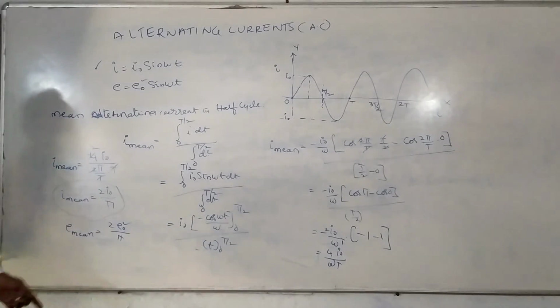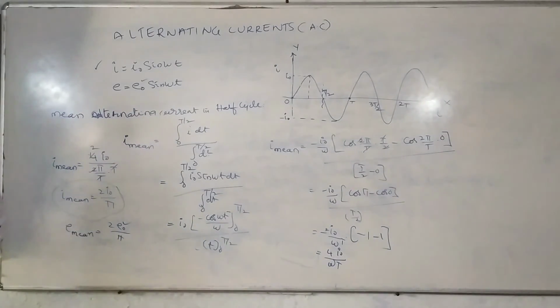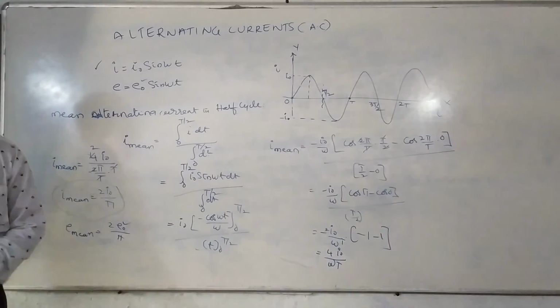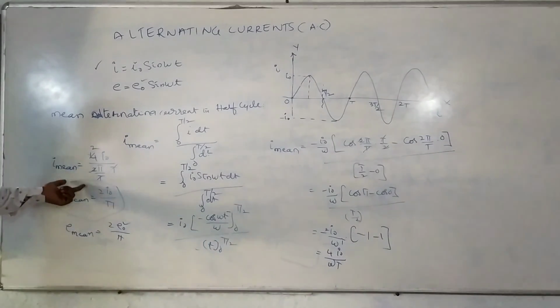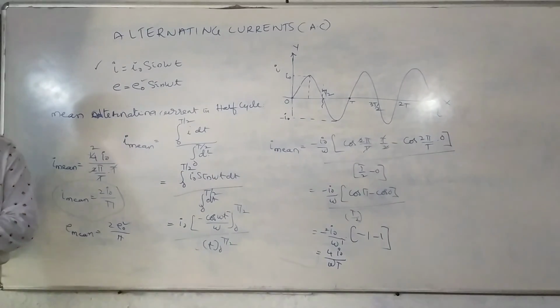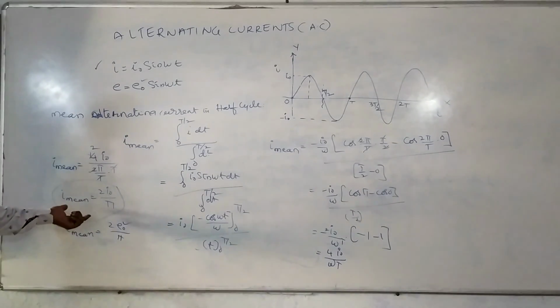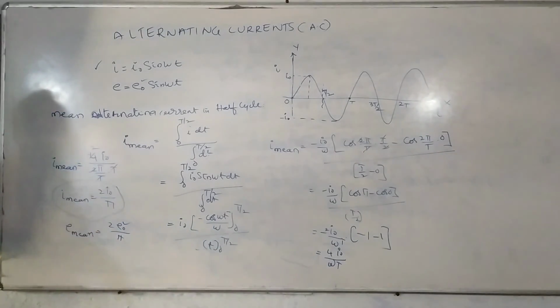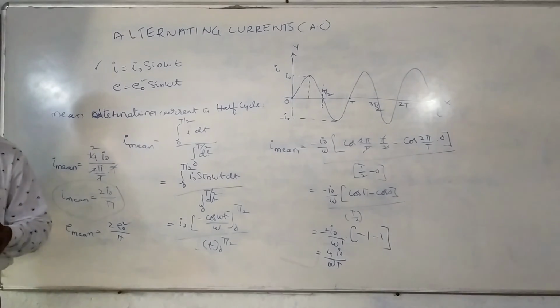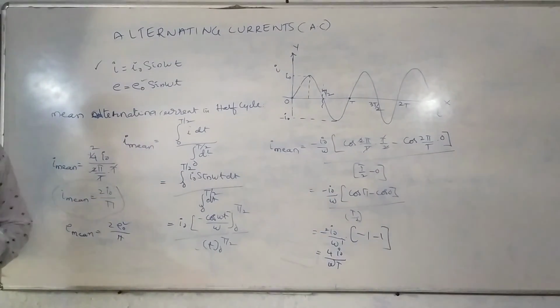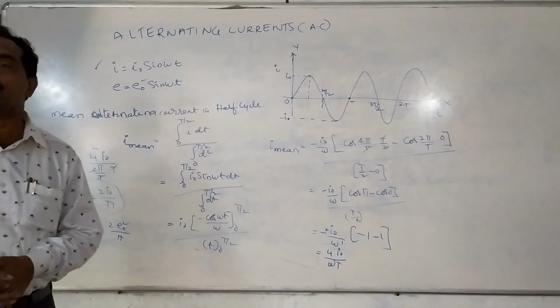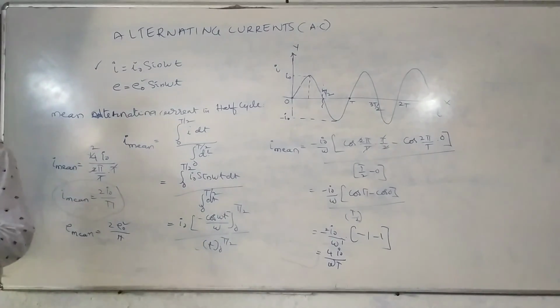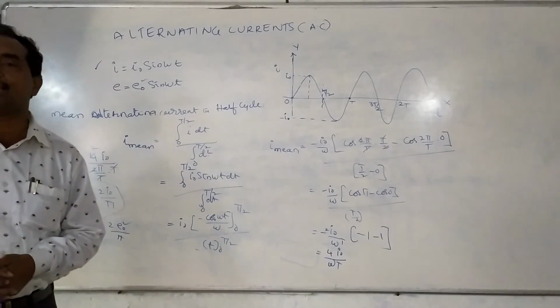So this value also does not coincide with the ammeter reading. The measurement of this mean current also does not coincide, so there is some difference. It differs from the practical value. So we want to check another value, another measurement or calculation, that is called the RMS current, the root mean square current or root mean square value, which we want to calculate. Okay, now in the next class we will discuss it.